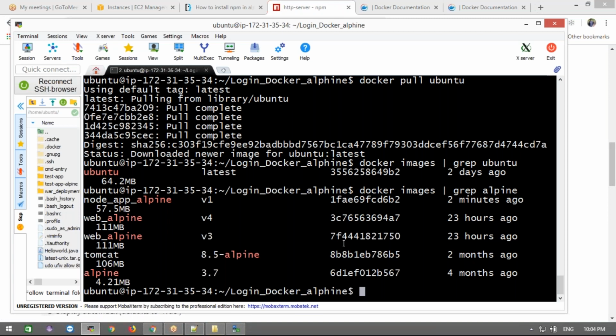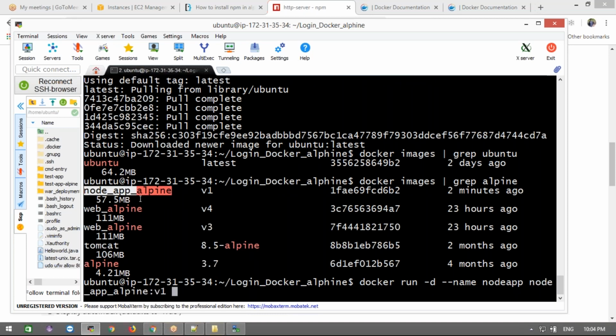Okay, now how to run this? Now docker run, I'm going to run in the background with -d, then next --name. Okay, now name is what? I'm going to give node application, and then I'm going to give my image name colon v1, right?